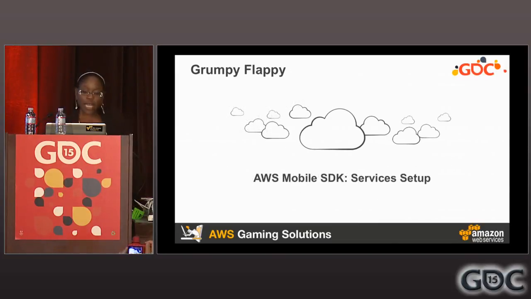All right, so let's talk about actually setting this up and doing this. So, mobile SDK, the service is set up. The first thing I need to do, got to follow his advice, right? I'm going to go set up a Cognito identity pool. I'm going to go set up mobile analytics, but we're going to set it up for my game. Well, really, I'm not going to set it up, I kind of already did it. So let me show it to you. And I just need to switch this over to,